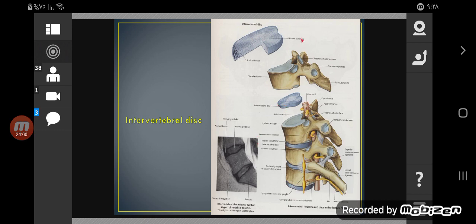Because of this, herniation of the nucleus pulposus tends to move posteriorly rather than anteriorly. Okay, and most of the time, because of the gelatinous nature of the nucleus pulposus, it tends to herniate posterolaterally, in the posterolateral direction, and because of this, after herniation of the nucleus pulposus,